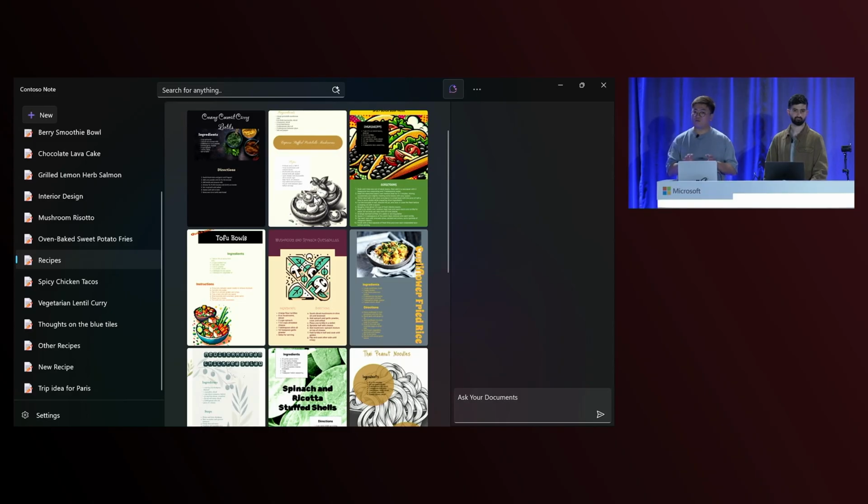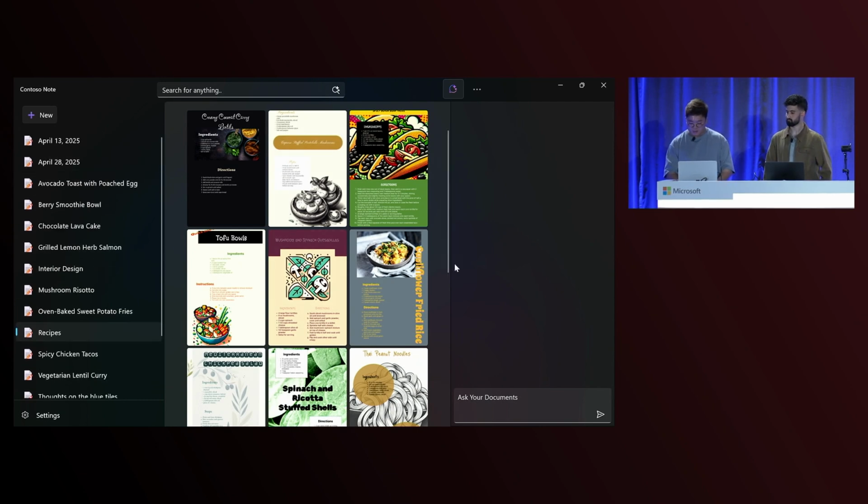And I have this app running on a Copilot Plus PC. So all of my content is already pre-indexed with the semantic search APIs that I was talking about earlier. It's called the Application Content Indexer API. And I'm just going to show a real quick example of how it works on text content. I'm going to ask my agent about this restaurant that I knew I went to, but I just can't remember the name of, right? But I know I wrote it down in my notes at some point. So I ask, what was the amazing brunch place I went to?